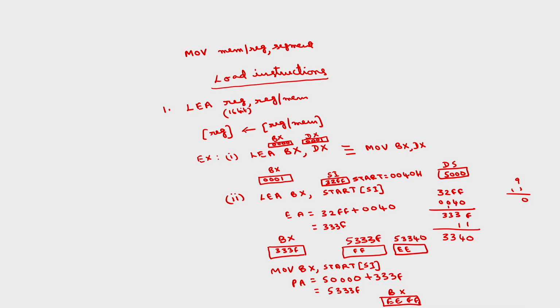Here the effective address will be loaded, whereas here the contents of the physical address will be loaded. A word from the physical address, which is computed from DS, start and SI, will be loaded into the BX register. This is about the LEA instruction. We can directly load the effective address. The next load instruction is